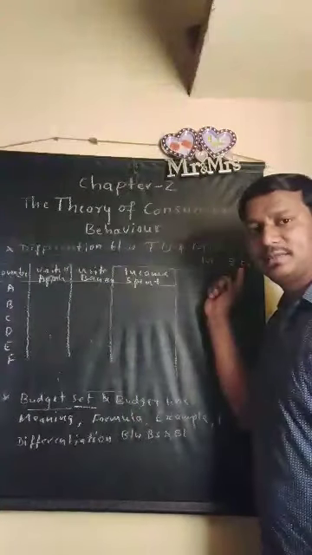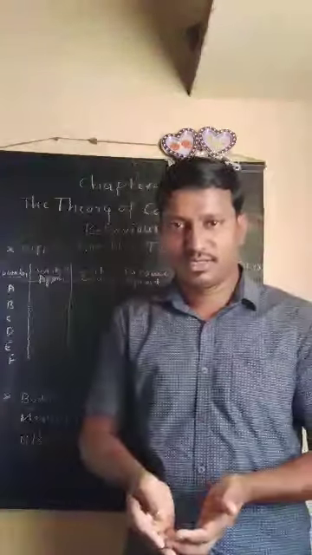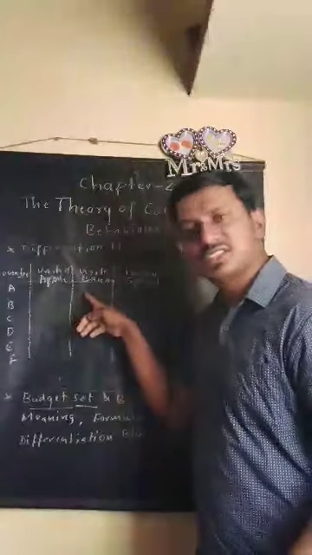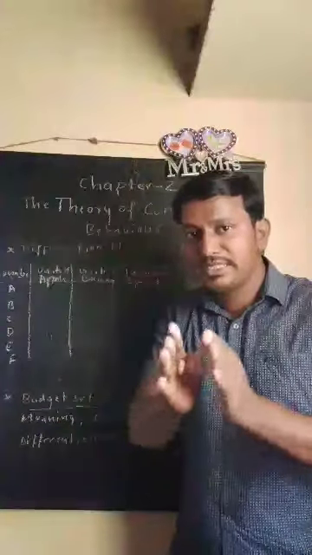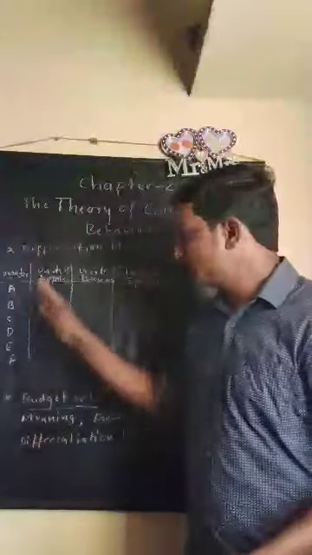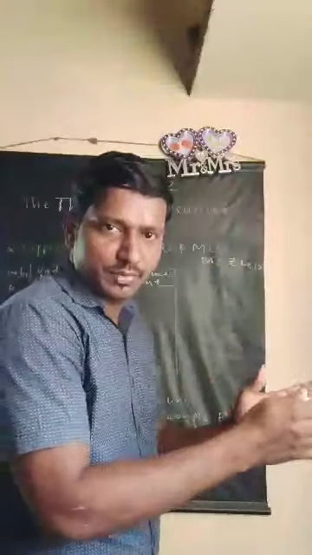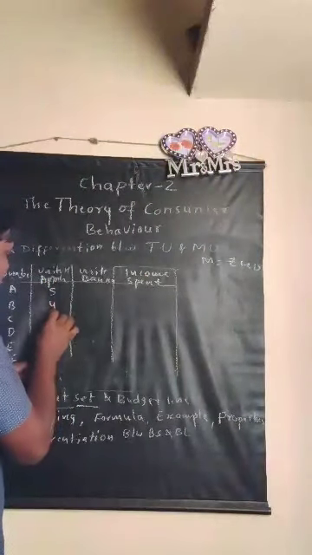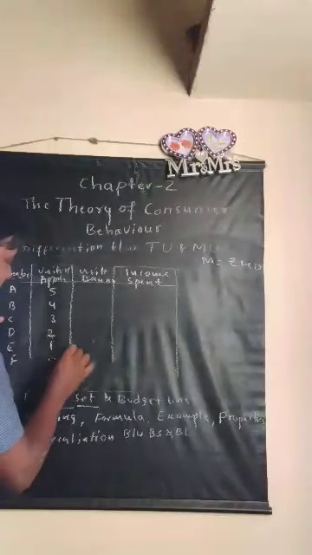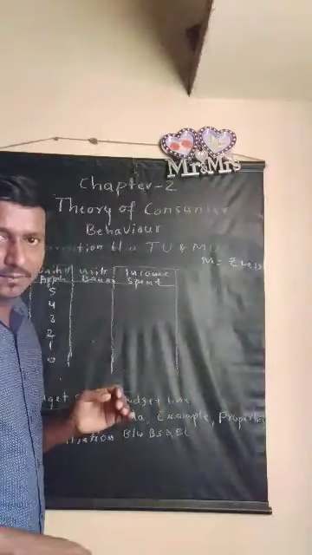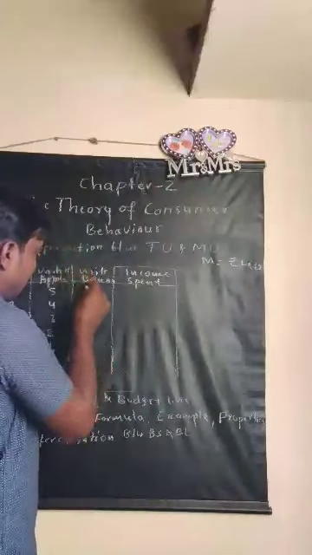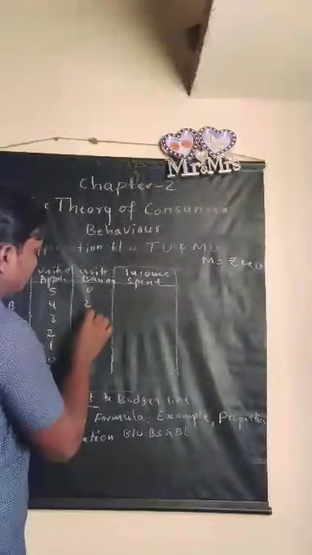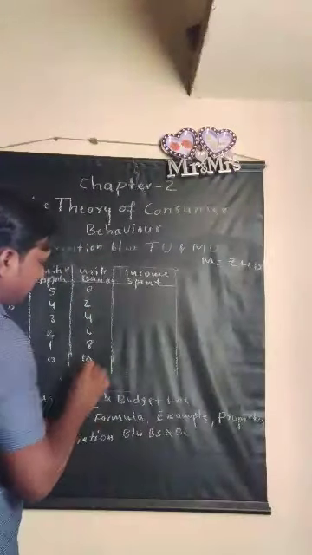As I have given here one example, we have rupees 40 as our income. Out of 40, how do you purchase units of apple, how do you purchase units of banana, and how do you make that 40 rupees exactly spent on the purchase of these 2 goods? I just have to make the total income equal to the total cost. Then I make one combination here. The units of apple that I am going to purchase are 5, 4, 3, 2, 1, 0. And for banana, I can just say 0, 2, 4, 6, 8 and 10.